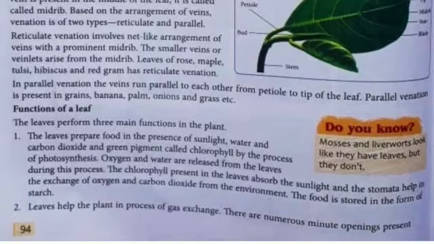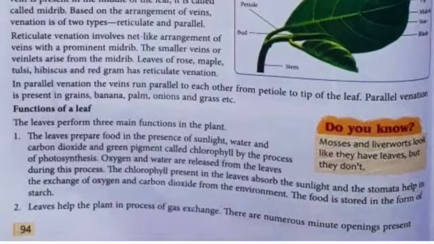When it is prepared in the leaf, inside the chlorophyll, it is glucose, or you can say carbohydrate. But when it is stored in the plant, it is called starch. But actually, glucose, carbohydrate and starch are all the same thing. But when it is stored, it is called starch. Okay.